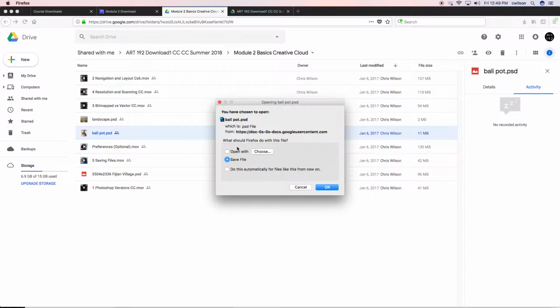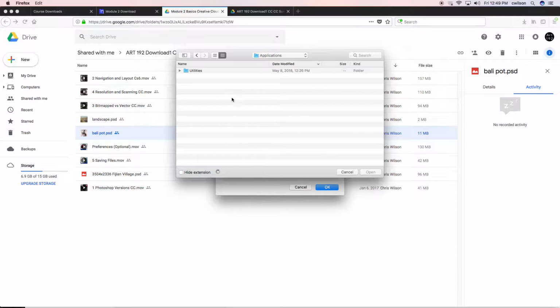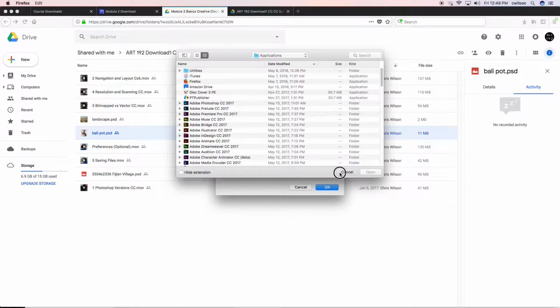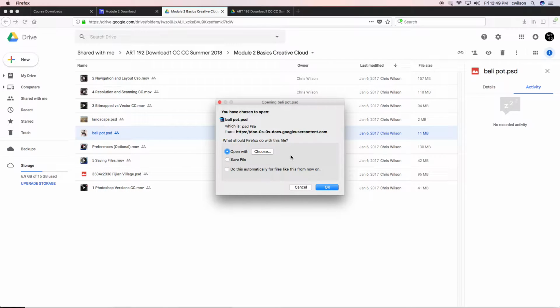And it may ask you something like this. Because it's small, it doesn't need to zip it because it's one individual file. I can just say save file, or I can choose open. And with that, I can choose a specific software to open it with that I might have on my system. So again, if you have something like WinZip or Stuffit Expander, you could choose one of those, or you could just hit save file and then expand it later. If you have a Mac, you should just be able to double click it once you've downloaded it. It should expand automatically. And I believe some Windows systems can do that as well, but I've come across some people that had issues with their systems. So anyway,